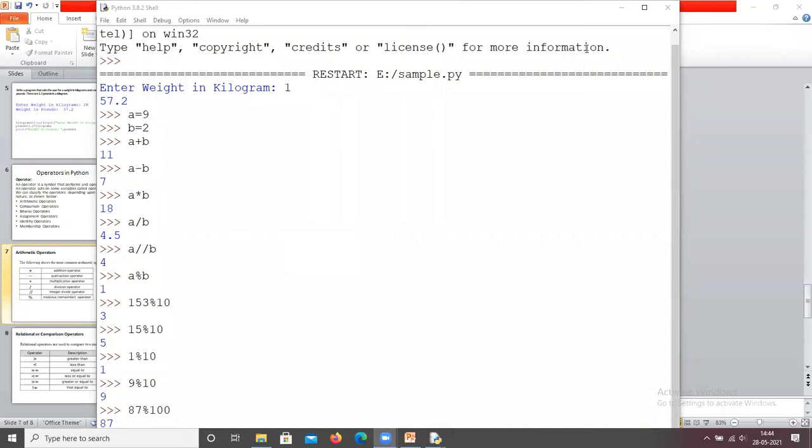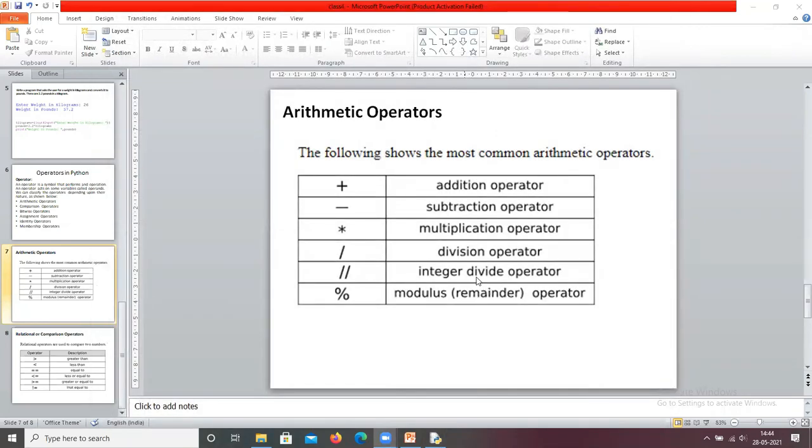I hope everyone understands arithmetic operators. In this, the important operator is percentage. In many programs, we are going to use this percentage operator. So percentage returns the remainder. Okay, so next one,